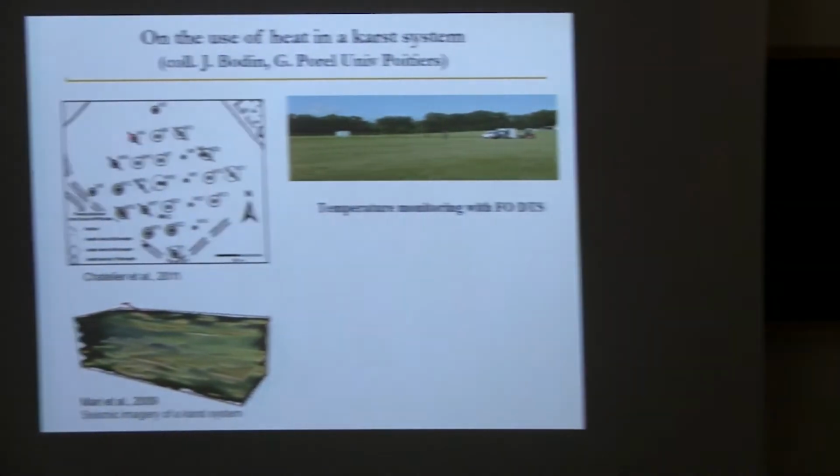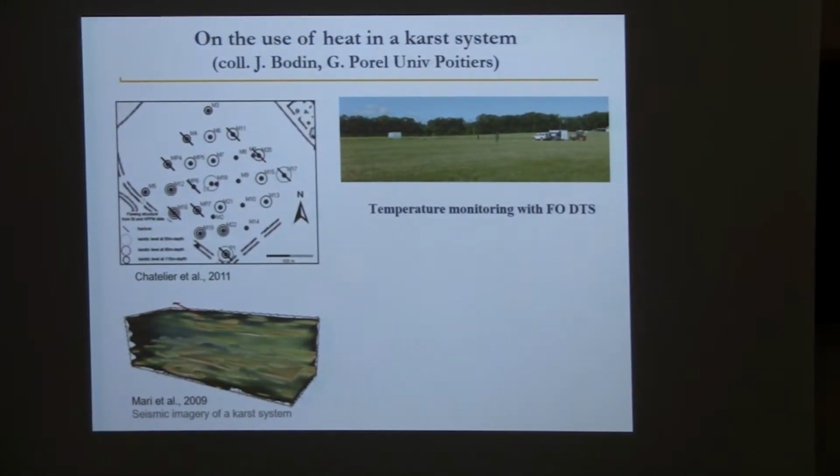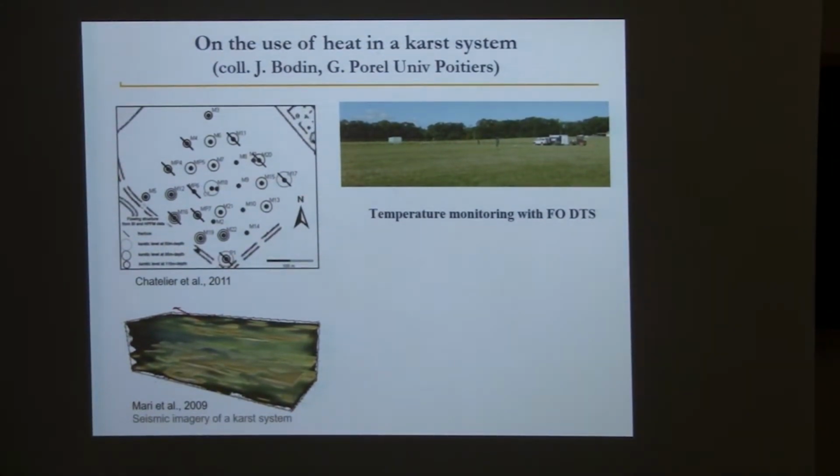This is some work that we have done in a karstic aquifer. So this is not typically a fractured rock aquifer, but we have typically the same level of heterogeneity or even bigger. Typically in that site, what we expect is 3 levels of main karst. This is seismic imaging through seismic velocity imaging. So one level at 30 meters or 50 meters, one at 85, and the deeper one around